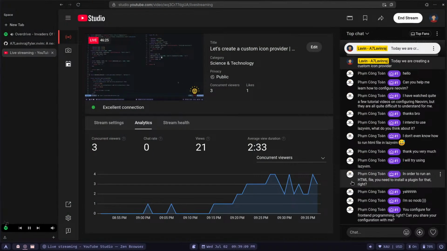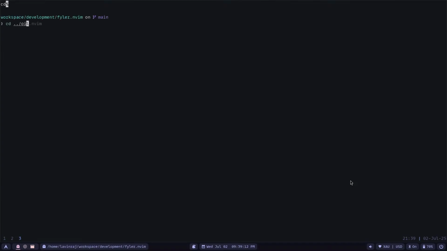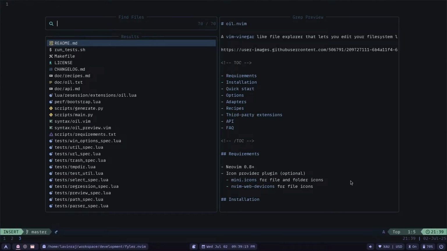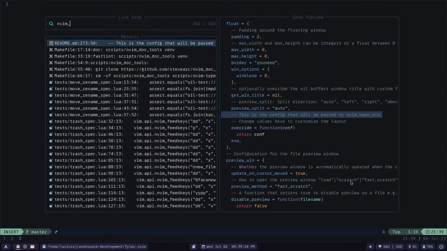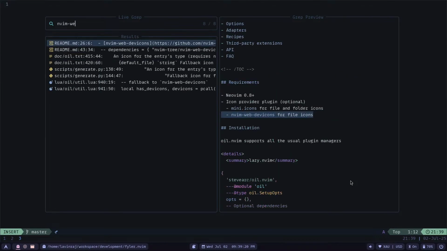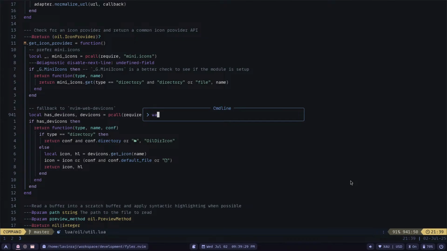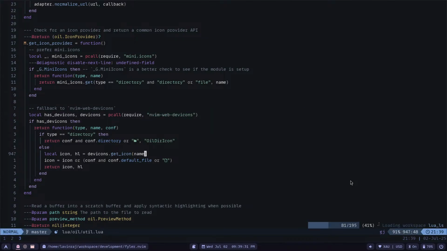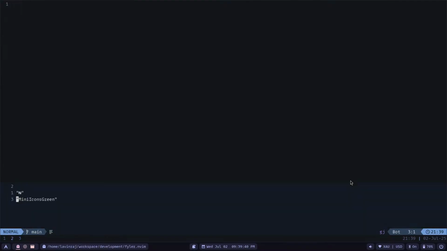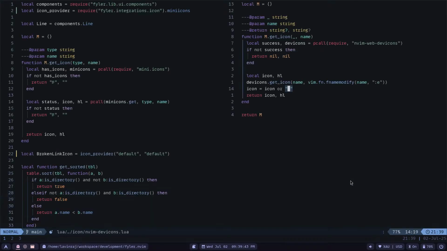How does oil.nvim do that? I have to just search nvim web icons. There you go. Get icon by name. If icon or icon.count.default icons. Okay, got it. So we can do something like icon equals icon, or